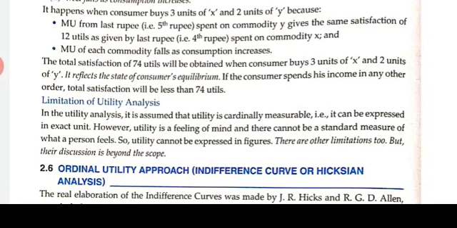There are other limitations too, but their discussion is beyond the scope. One limitation of utility analysis is that we cannot measure utility in exact units, because it is a psychological concept. We cannot measure how a person feels, isn't it? So this is one of the drawbacks, which only the ordinal approach was opposing. The ordinal approach was saying, no, we can't measure utility, we can only rank it. Because of these limitations only, the ordinal approach was rejecting this